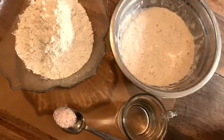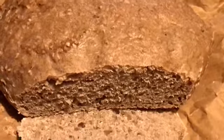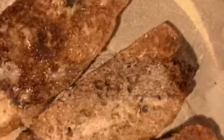Remember to always save 1 cup of starter dough to put in salt, and then you're ready to bake your next bread